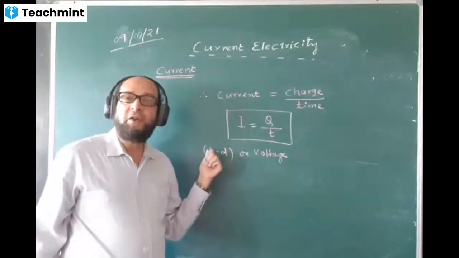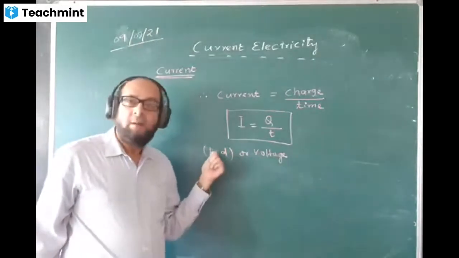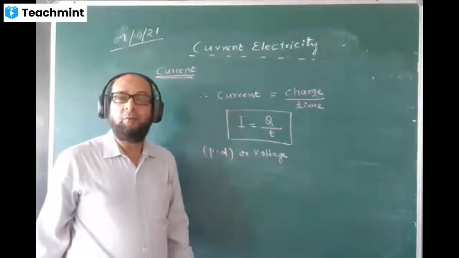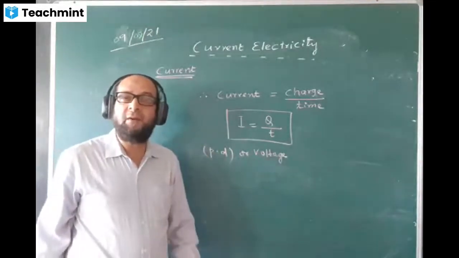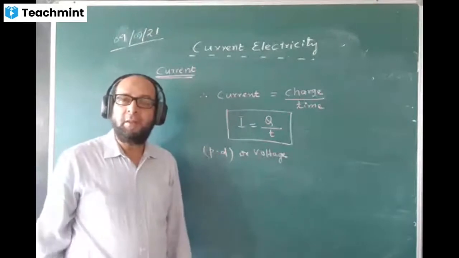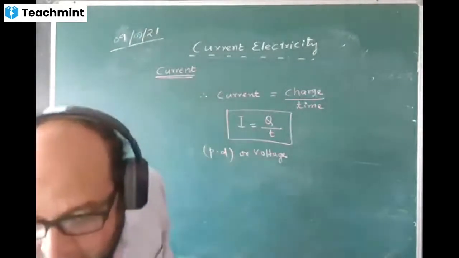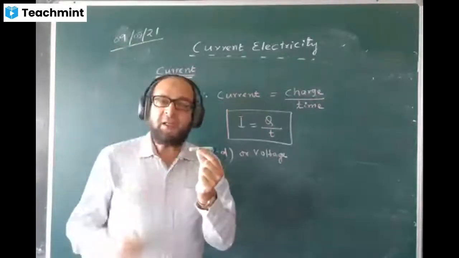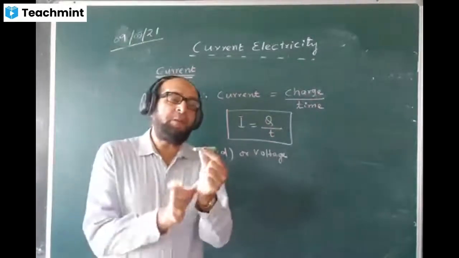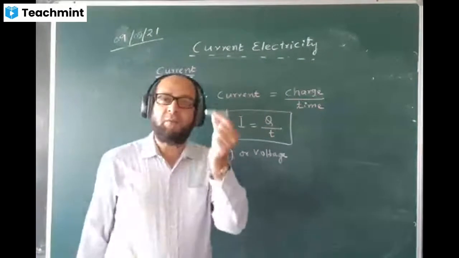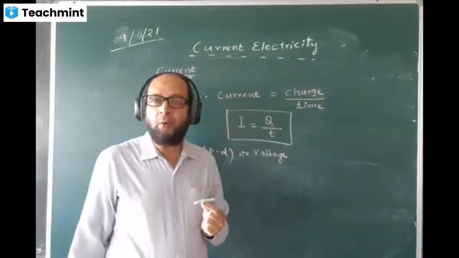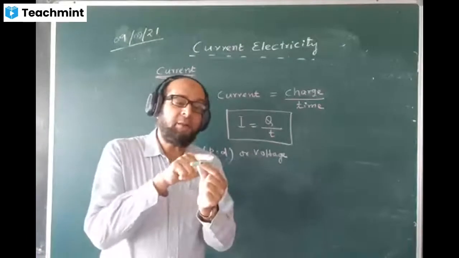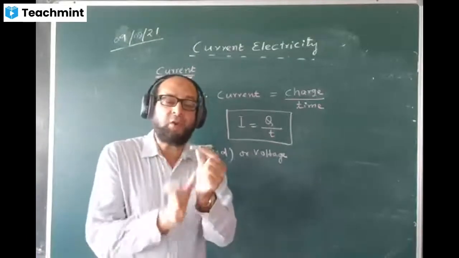Now please listen. I will give the definition of potential difference or voltage now. Without voltage, current will not be there in a conductor. Suppose I take a conductor, maybe a copper wire. Do you think the current is flowing here? If you connect a bulb to the two ends of this wire, will the bulb glow? No, sir. Unless we connect the conductor with a source.